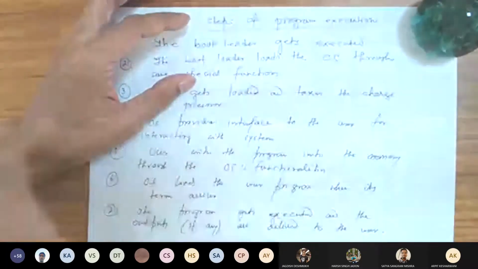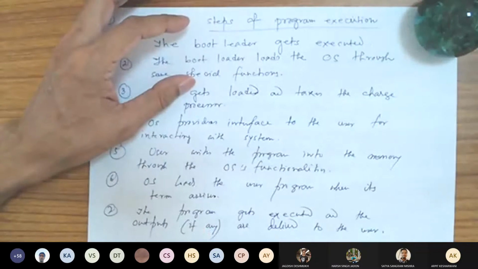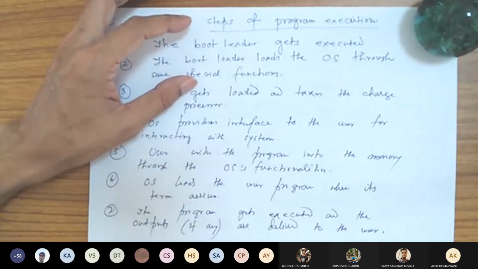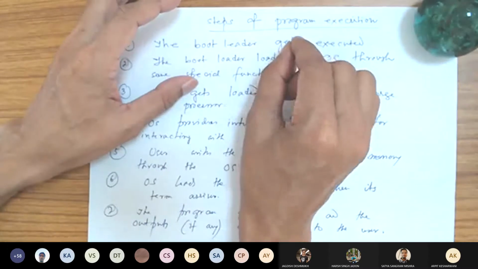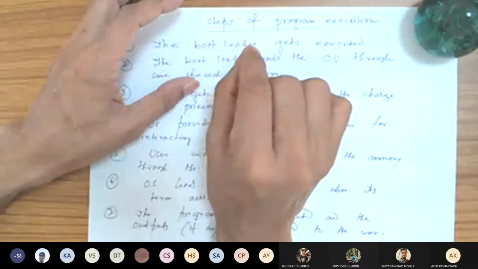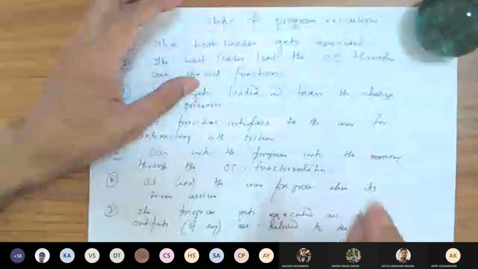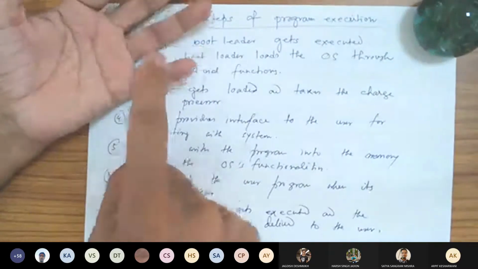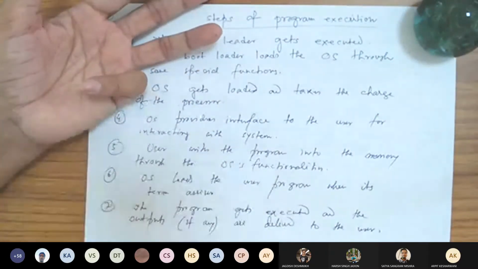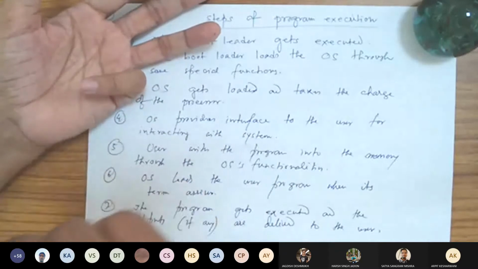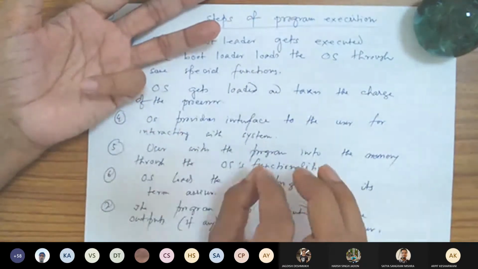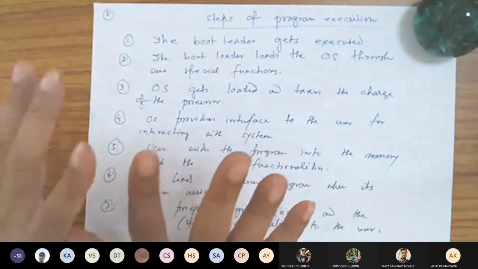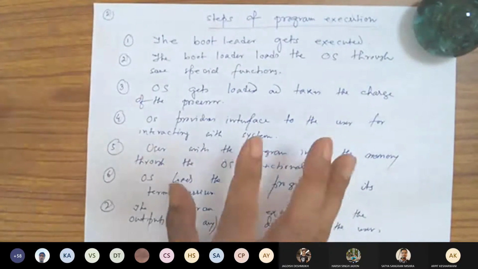So there are various complicated things while loading the operating system. Some functions which are there in the BIOS or bootloader need the initial part of the operating system, whether it is Linux or Windows, to follow certain protocols. If they do not follow certain protocols, the same loader cannot load a Linux operating system or a Windows operating system. This will be more clear, I believe, in your operating systems course.